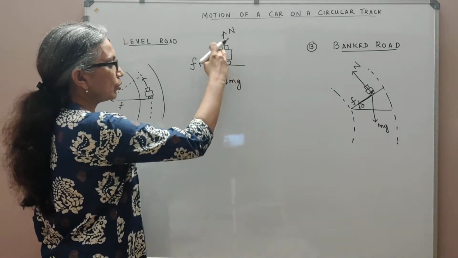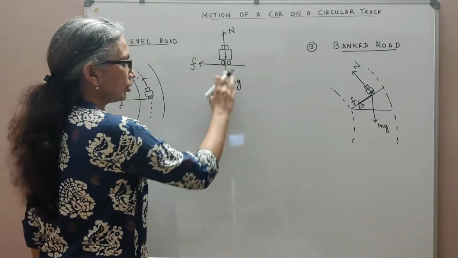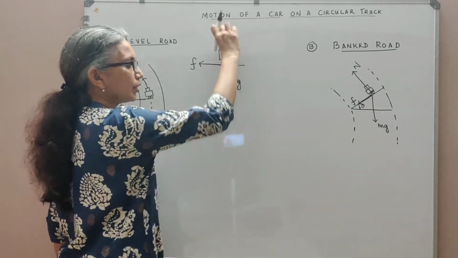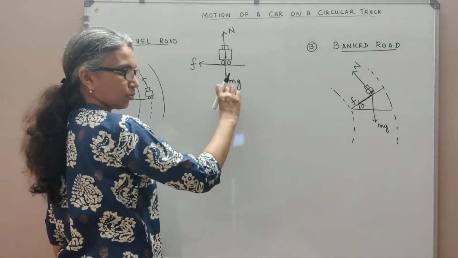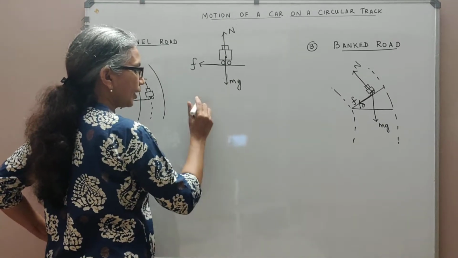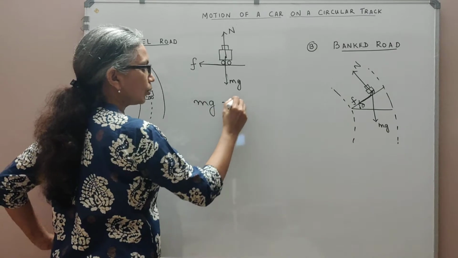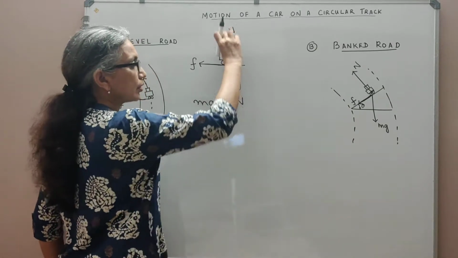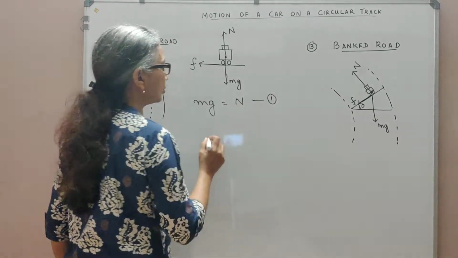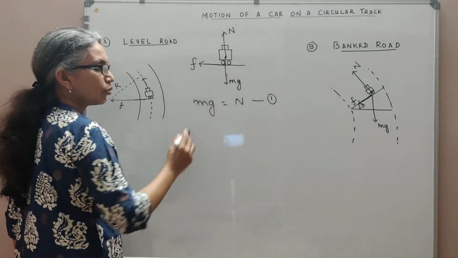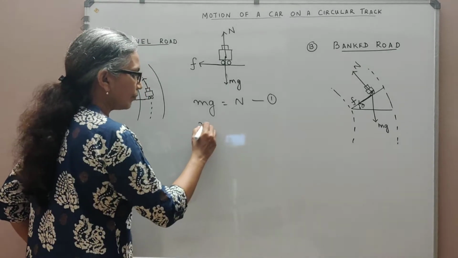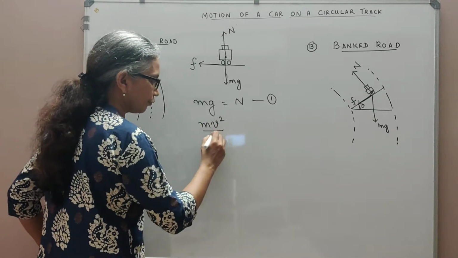Now, if I'm going to resolve these forces, see, this car does not have any vertical motion. It does not move up or down, which tells you that this weight mg must be equal to the normal reaction. So, since the car does not have any vertical motion, I call this my first equation. Then the centripetal force which we know is mv squared by r. So this mv squared by r, the centripetal force,